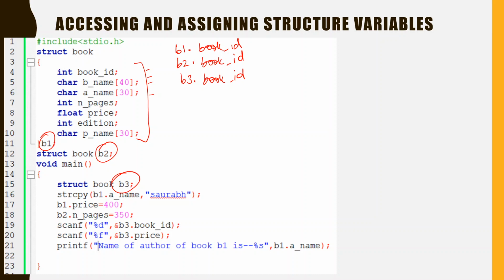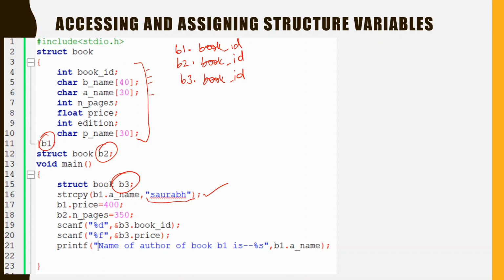If it is a string, you can assign with the help of strcpy, that is b1 dot author name, so it means that the author of the book b1 is this name. This name is copied into the author name of the first book.